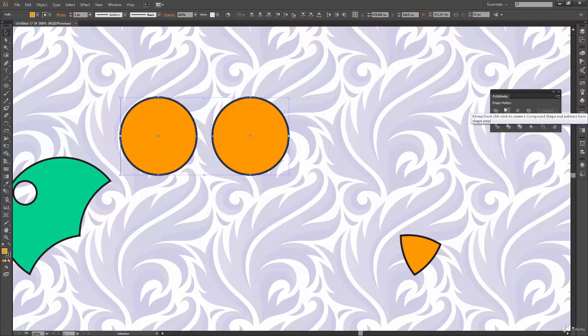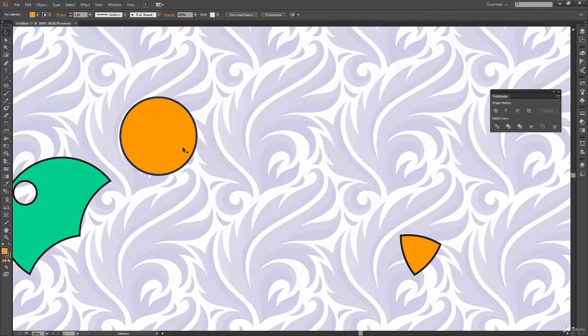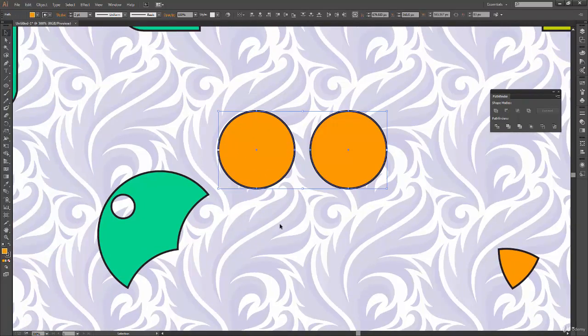So now let's see what happens if I perform minus front. See, nothing has happened, because the front object is removed as it says minus front, but since it doesn't get anything in the back side of it, whatever was there in the backside of the front shape, I just removed it. But if there was nothing, then you have your shape like the original one. So that's how minus front works if you have no intersecting shapes.